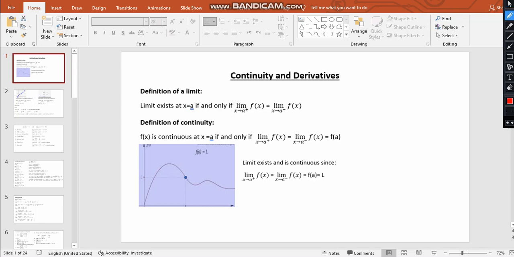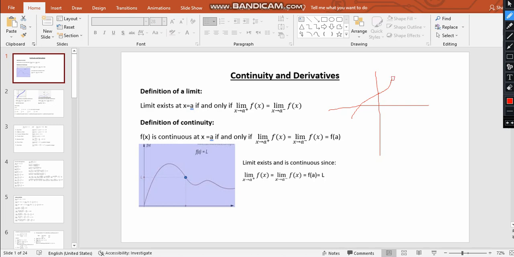Hi student, we're going to start the first chapter on continuity and derivability. Our definition of a limit: a limit exists if the limit to the right must be equal to the limit to the left. So always, if you have a function, the limit exists at a point if the limit to the right equals the limit